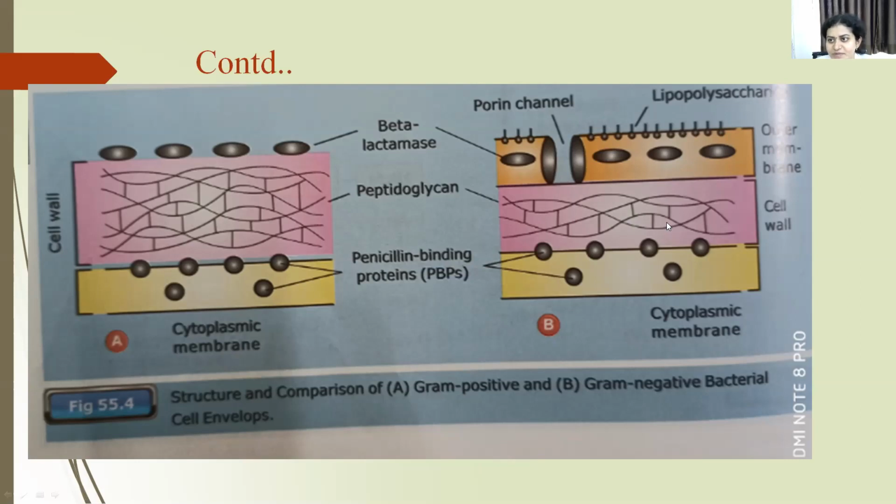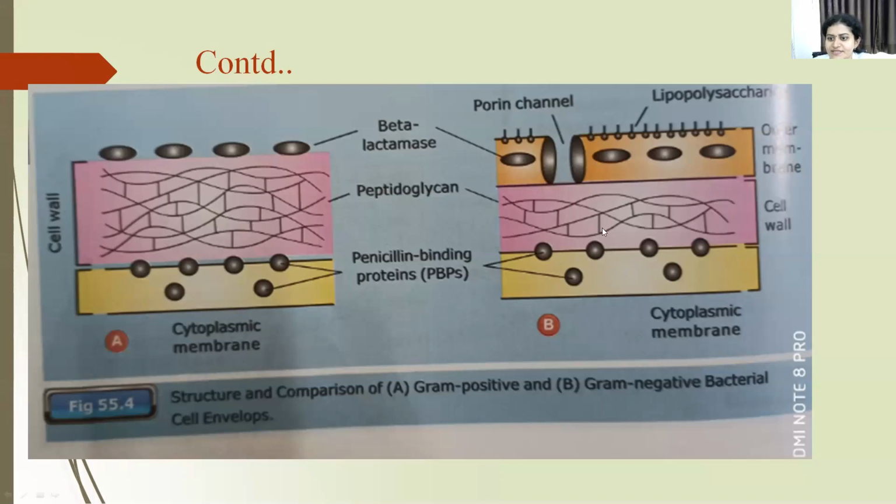But of course, there are some exceptions like ampicillin and amoxicillin. They are hydrophilic compounds, so they can easily enter this porin channel and act against gram negative bacteria. That is ampicillin and amoxicillin. All penicillins will not act against gram negative bacteria. There are some exceptions, which I'll tell you in my next slide. Right now, remember ampicillin and amoxicillin. They are hydrophilic compounds, so they can easily enter this porin channel, and they act on these penicillin binding proteins.